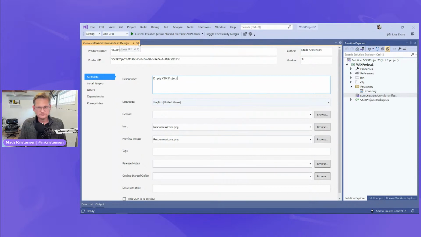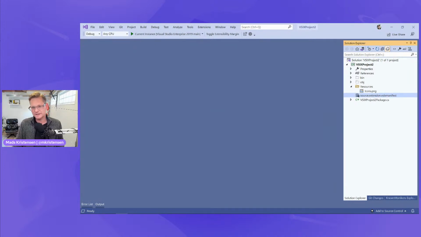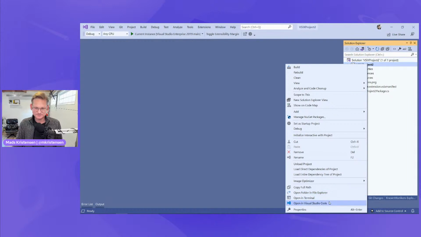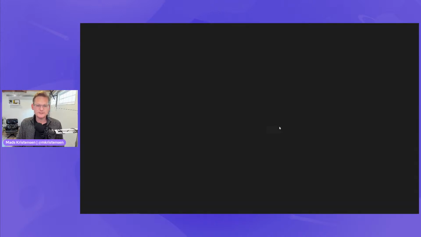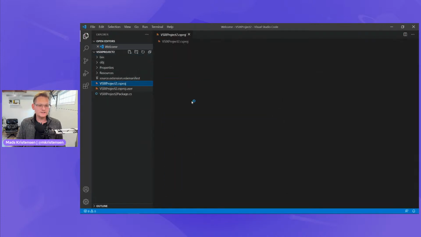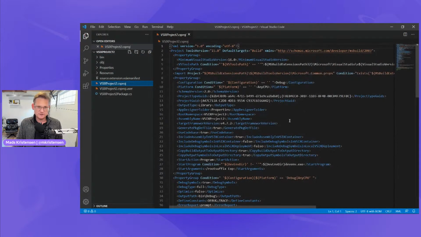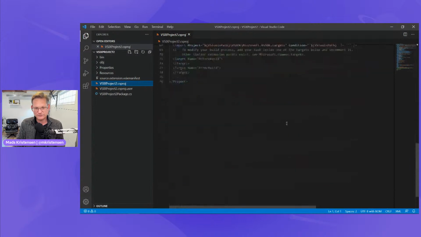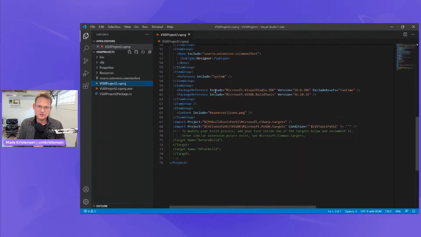Okay. So the first thing, let's say you have an existing extension. You want to make sure that you modernize it first. When I create a new extension like this, it's already modernized, right? And by modernized, I mean that in your csproj file here, you're using package references. You're not using package.config. You're using package reference.